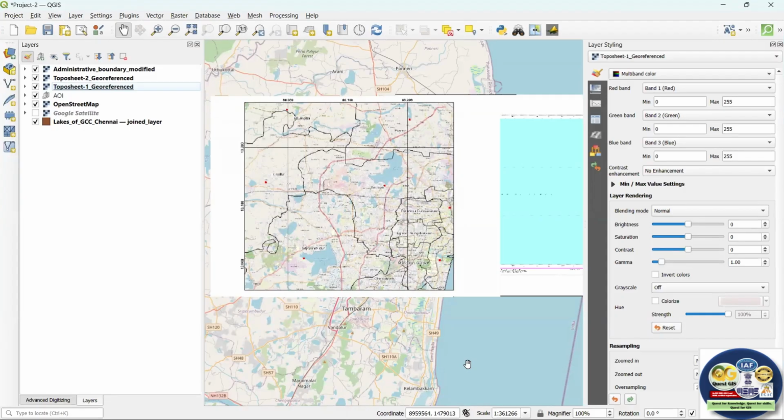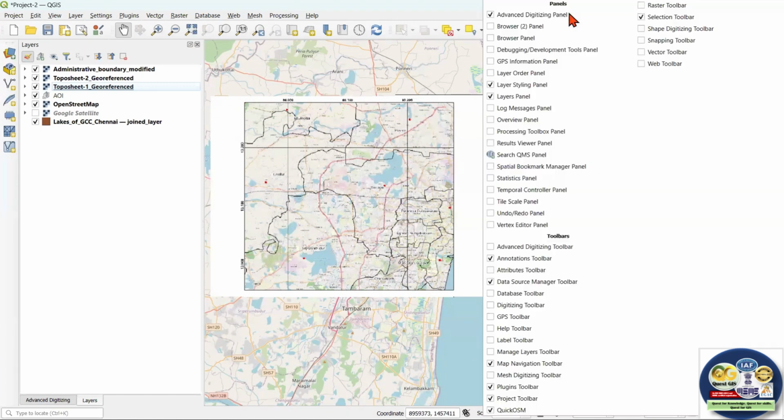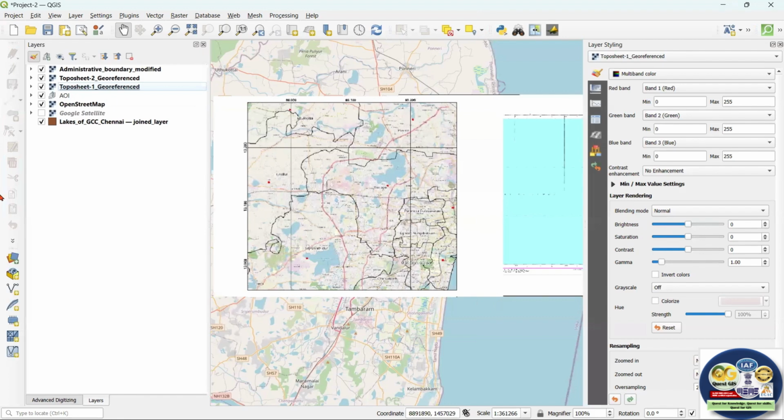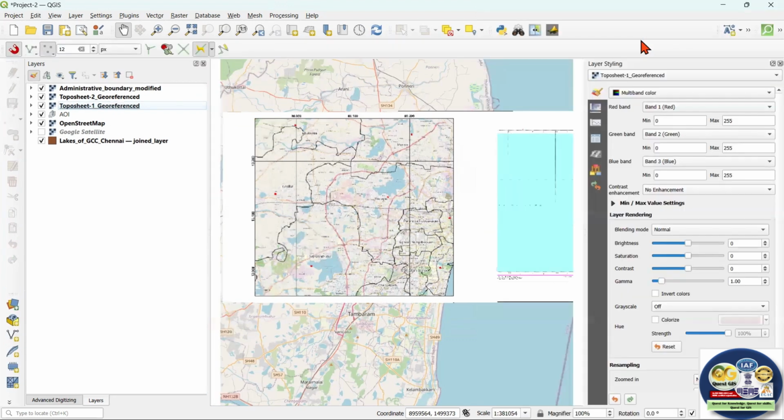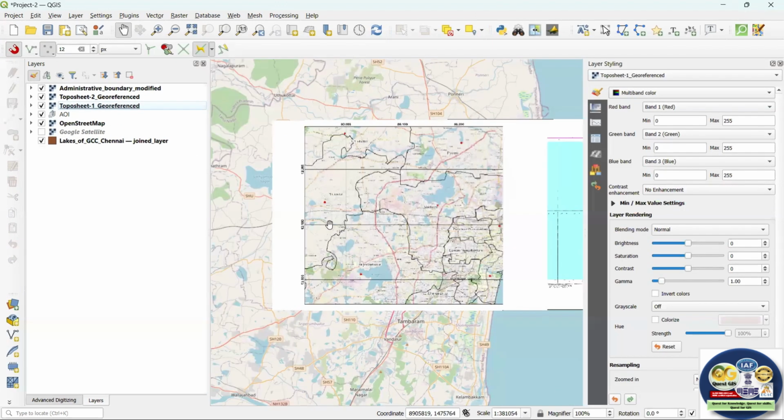So for digitization, you need two toolbars. Just right click here, and your first toolbar is your digitizing toolbar, where you have a lot of basic tools available for digitization. And one more you need is your snapping toolbar. We are going to use it in a later part, but let's get this snapping toolbar on our screen as well. Now let's get started